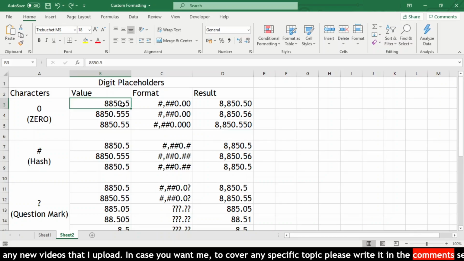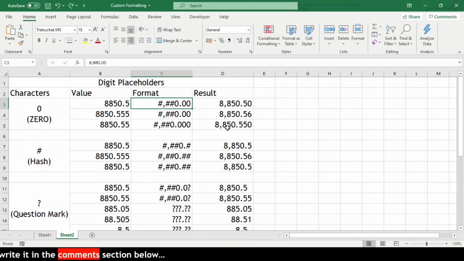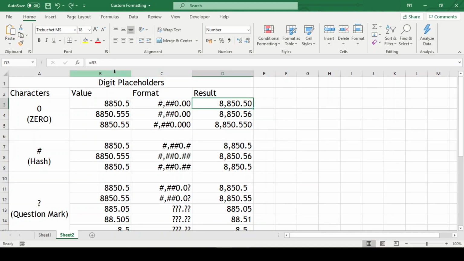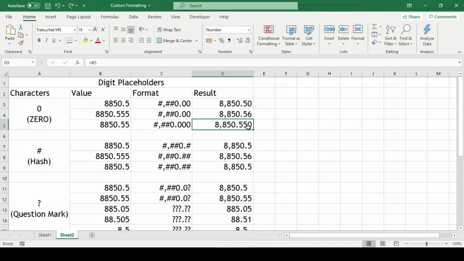In the first example, the value has 1 decimal place but the applied format has 2 decimal places. Hence, we have the result in 2 decimal places. The first one is the actual decimal place and the other is an insignificant 0. In the second example, we have a value with 3 decimal places but the format has 2 decimal places. Hence, it has resulted in rounding of the decimals to 2 places. And unlike the first example, the value has 2 decimal places but the applied format has 3 decimal places. Hence, it has resulted in 3 decimal places, the first 2 as actual and the third one is an insignificant 0.